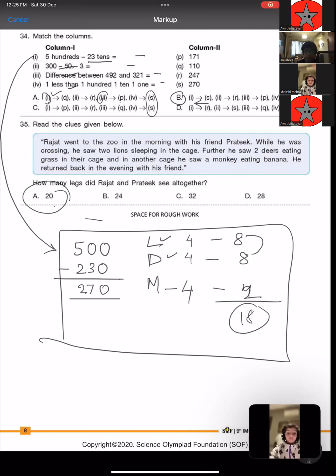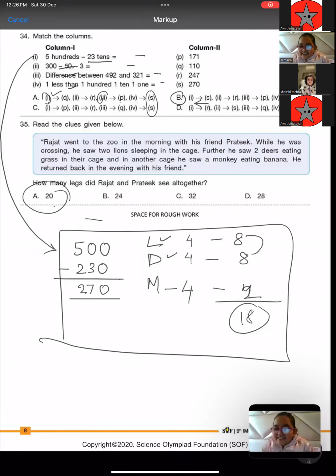Whenever you get confused, kids, try to remember what I said. We always need legs to walk. And if you don't know that this particular animal has 2 legs and 2 hands, just try to imagine how he is walking. If he is using just 2 legs to walk, it means he's going to have 2 legs, and the other 2 is hands for him. But in spite of having a leg separate and a hand separate, he is walking on his 4s. So he is going to have 4 legs. Okay?